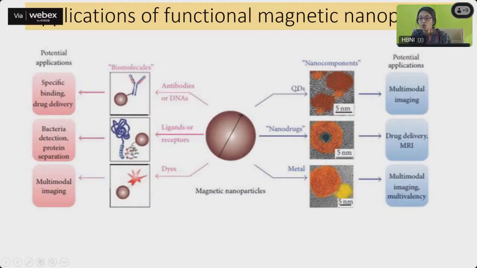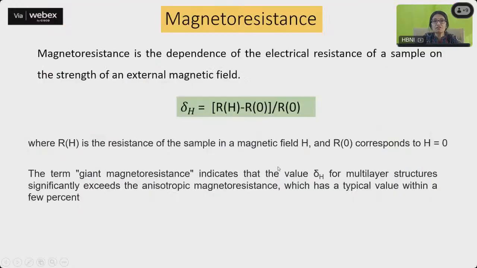You can have quantum dots, and that can be used as multimodal imaging, nano drugs for drug delivery, or MRI. And you can have these different metal magnetic nanoparticles, which can again be used for multimodal imaging using the SERS application and so on. So coming to magnetoresistance, as I said, magnetoresistance is the dependence of the electrical resistance of a